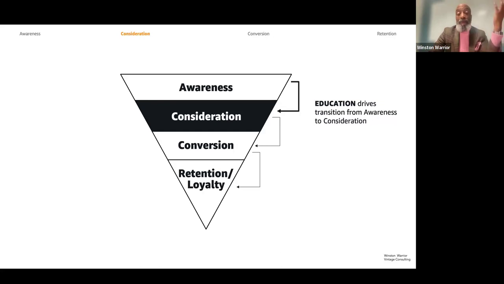A lot of people fail to do the education. They do the awareness. People know about them. They're networking. They're talking to people. She said she did consulting, but what kind of consulting was it? And what value is it? And what am I going to get? Education to be then put into the consideration set, right? So this is content. What is it that you do?